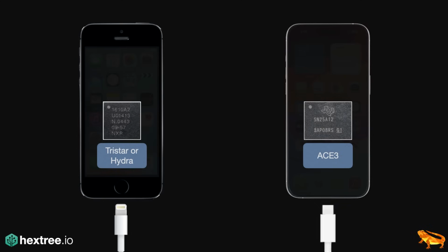However, as you can already guess by the number ACE3, there are also previous ACE controllers. And so on previous MacBooks,